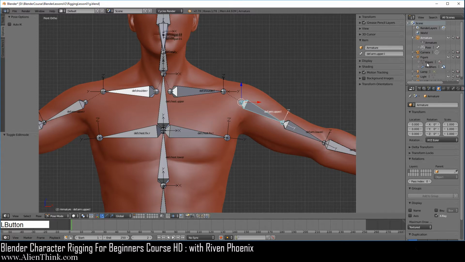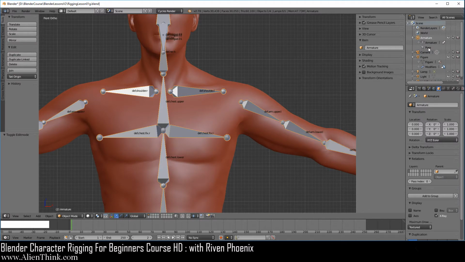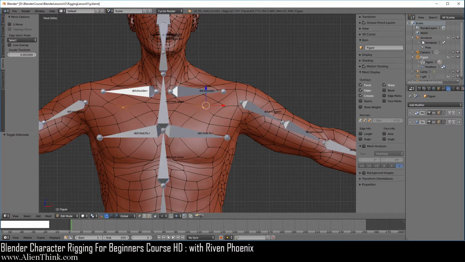Now click on the figure, it's in edit mode. Now you can see that it's leaving this gray over here showing you that it's already in pose mode. Of course, if you click on pose, it's going to switch back to object. Now you have to click it again to make it come back to pose, meaning that it just keeps this selected, right? So if you click on the armature, you can see that it's selected, but when we switch to figure, it's not selected anymore.